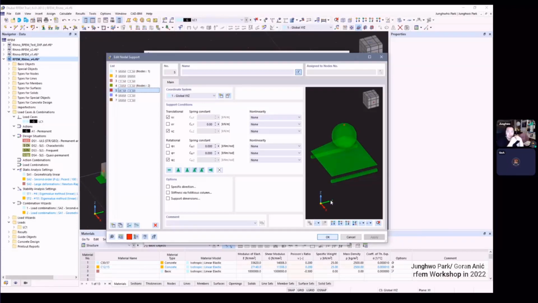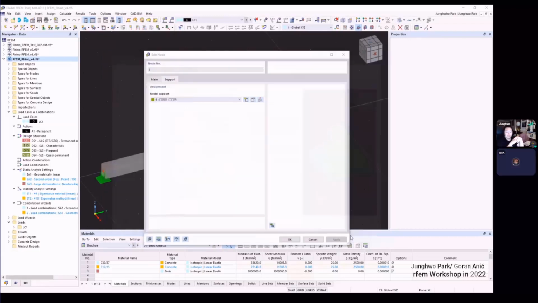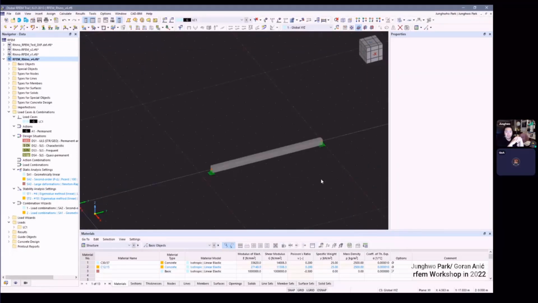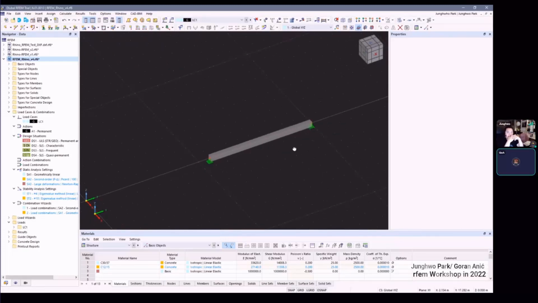Here y translation is allowed, x translation is allowed, and here both translations are allowed. In this case we cannot put both translational loads, because it would not be statically correct. So when we define, for example, a simple beam,